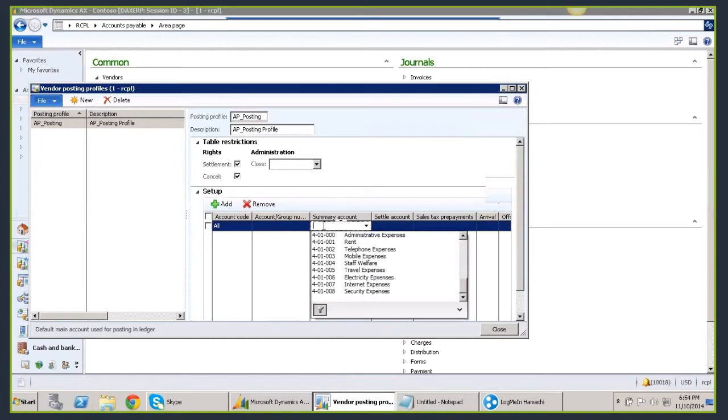What is a summary account? That's the control account, right? Yes, control account. Which balances does it represent? The total. So it would be a vendor account then. Yeah, it represents all the vendor account balances. Now I am taking all, which means it is going to represent all vendor balances. So vendor balances are represented with expenses. Yes.